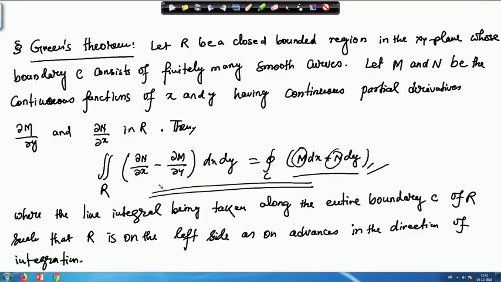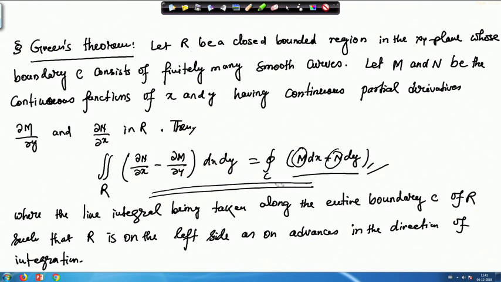Why do we have to study theorems like Green's theorem, Gauss theorem or Stokes theorem? You can see that on the left hand side you have a surface integral, but on the right hand side you have a line integral. Sometimes it is not easy to evaluate the line integral, and if M and N have continuous partial derivatives, then you can just take their partial derivatives and evaluate the surface integral, and most of the time it becomes a very simple expression. Or you have a surface integral and it has a complicated